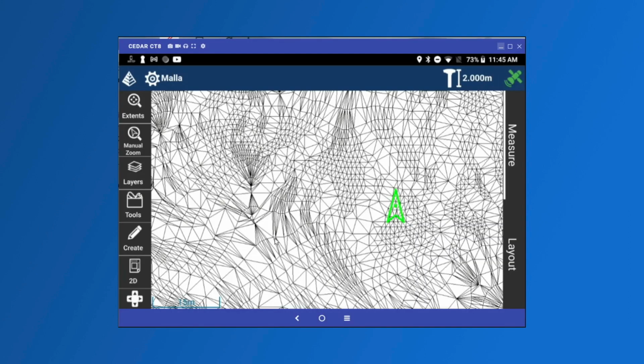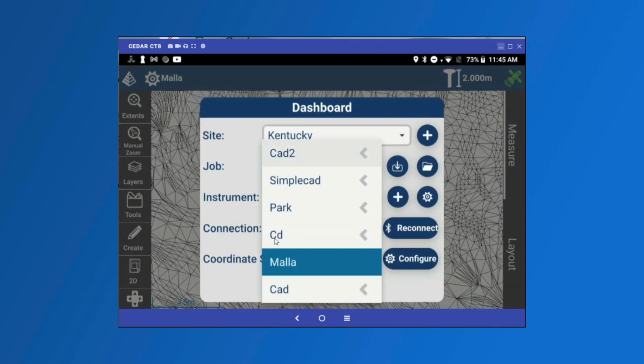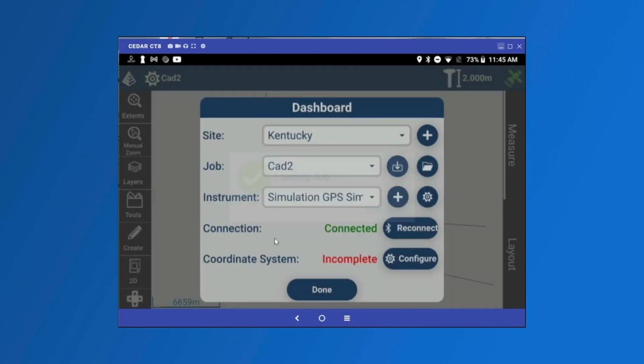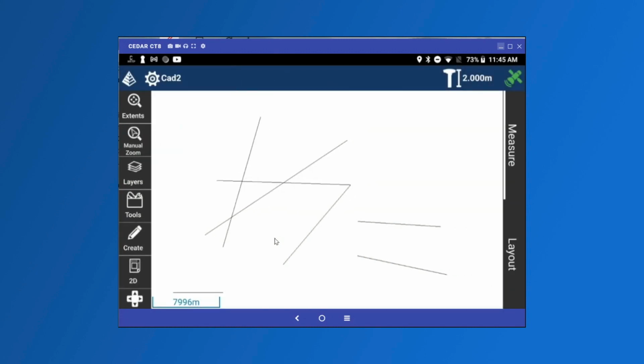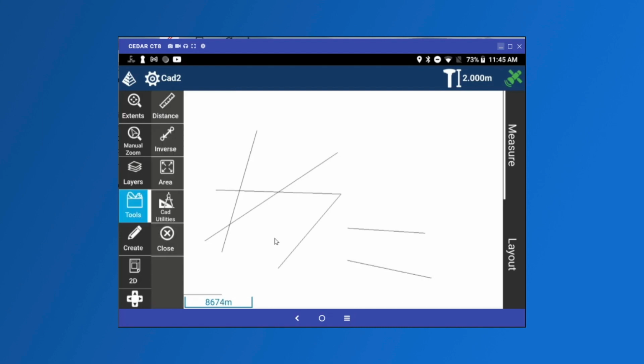I'm just going to quickly switch jobs again from the dashboard. Now the job I'm opening up now is just a really basic job with a little tiny bit of line work in it, and I want to use this to demonstrate the new CAD Utilities menu that's available in the software. And this is for people who are doing a little bit more line work in the field or CAD work in the field. Under the Tools menu, if you choose CAD